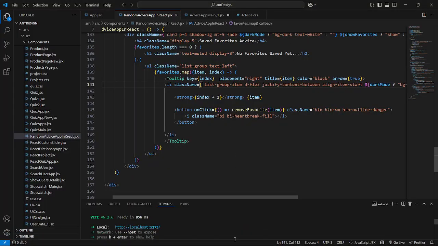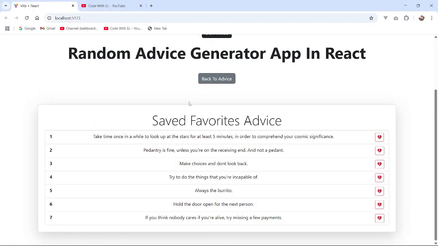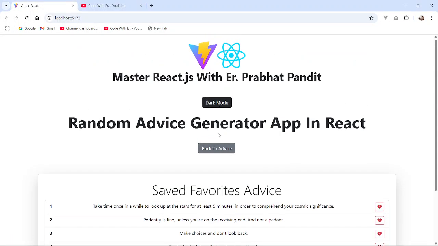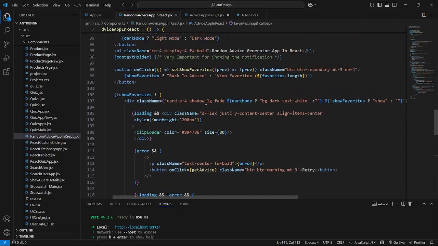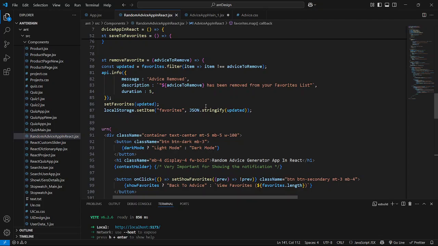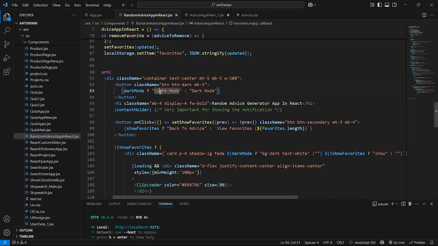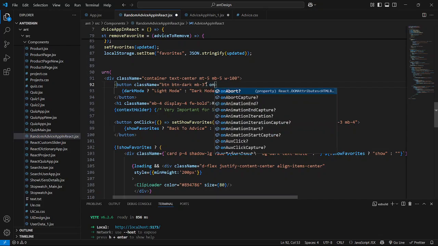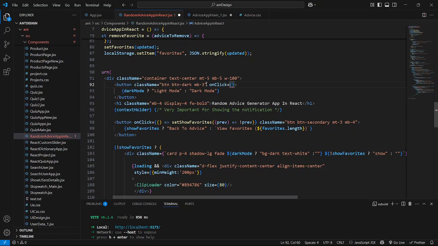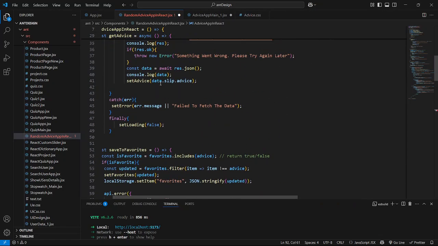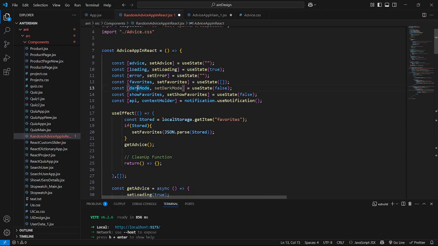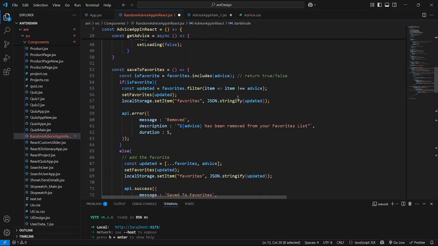Okay guys, we have to apply this dark mode now. So come to the dark mode button. Where is the dark mode button? So this is the dark mode button. On this dark mode button we will apply on click, and we will negate this dark mode. So copy this and we will